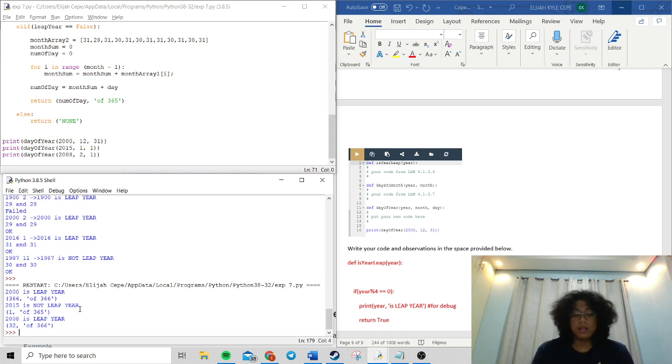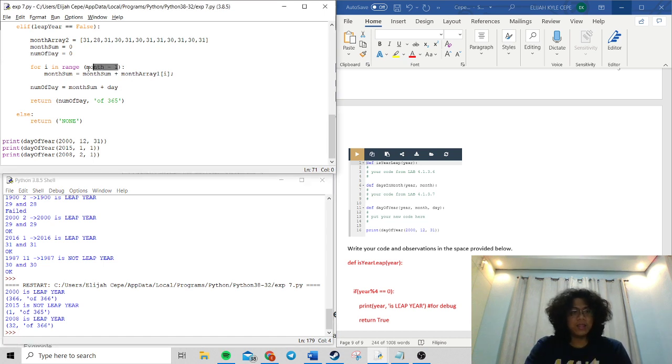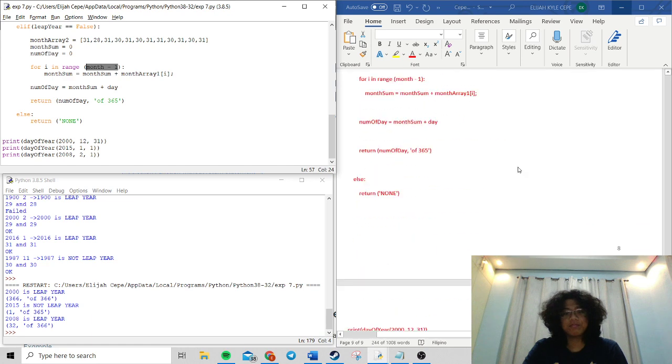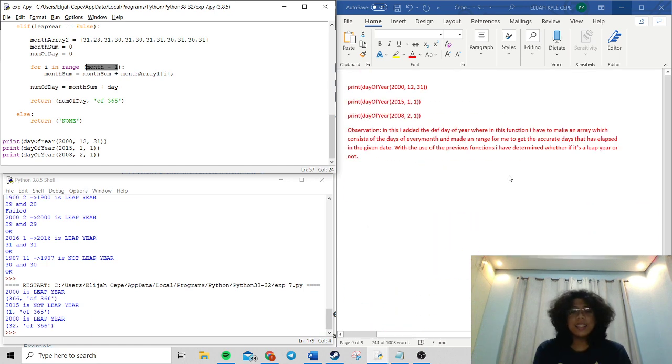Then the year 2008 is a leap year because it is divisible by 4. So the month and the day given was Feb 1, so 32 of 366. This is what I am explaining to you, the month minus 1. So, by observation,